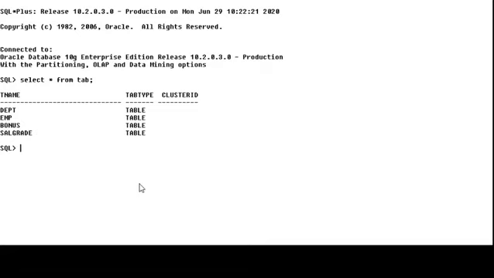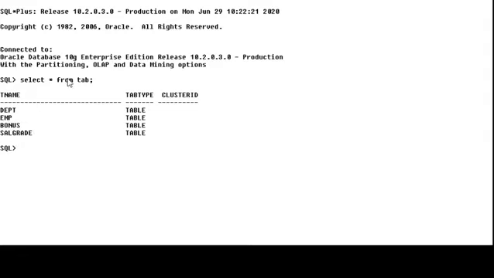Now we start how to get the table data. Select star from tab is one of the queries which gets the table data of a particular user.